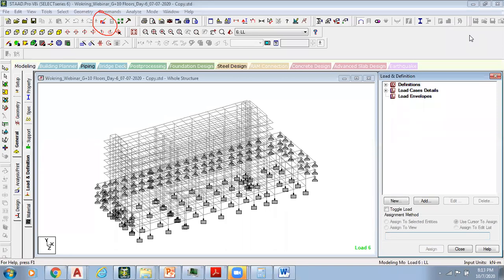I wanted to first explain how to add the load combinations to it. Now load combinations are added, then we will add the load list.